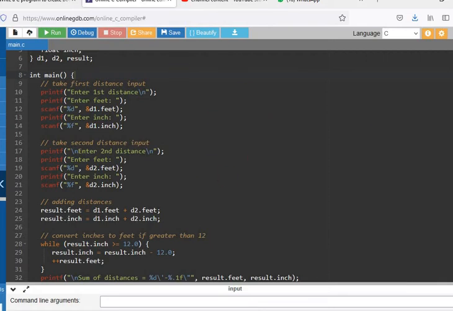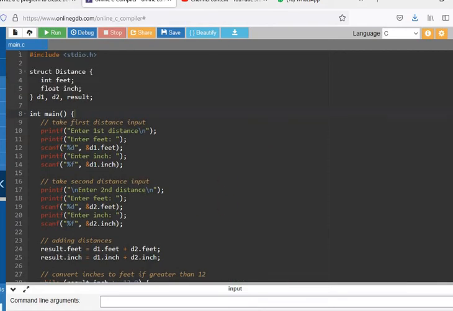See here the program for the same problem statement. Here we have declared one structure, structure distance, with integer feet and float inch. In your program you should declare distance as integer kilometer and float meter or integer meter.